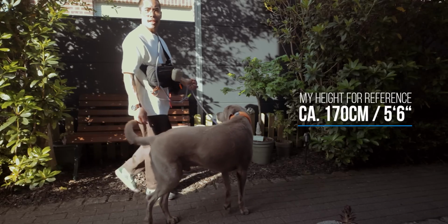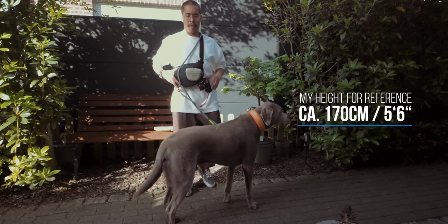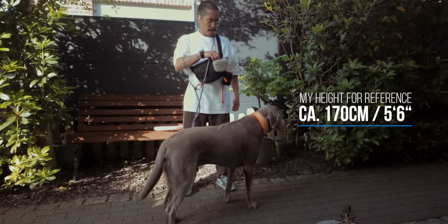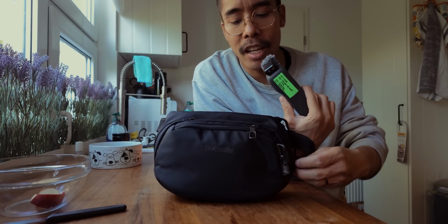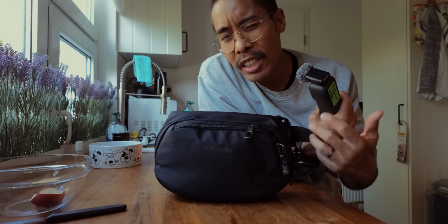Alright, if you are as paranoid as I am about pickpockets or people messing with your sling bag, what are the unique selling points of this sling bag? Let's talk about the unique selling points of this sling bag from Pacsafe. This has a couple of features that are intended to prevent pickpocketing, theft in general, and keeping all of